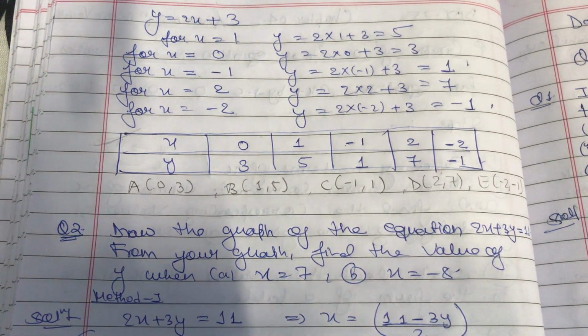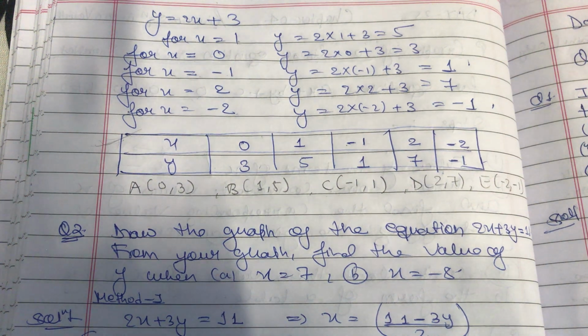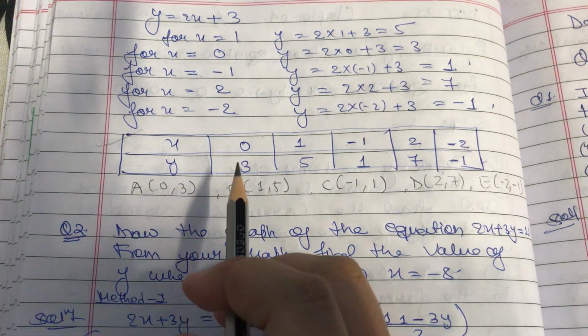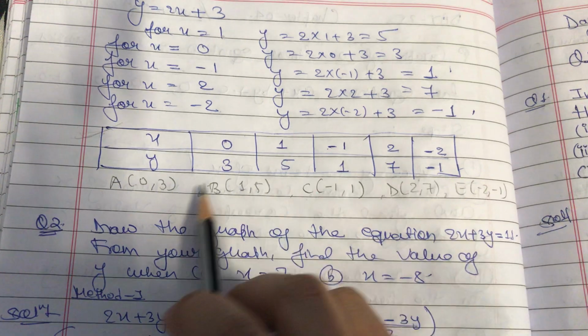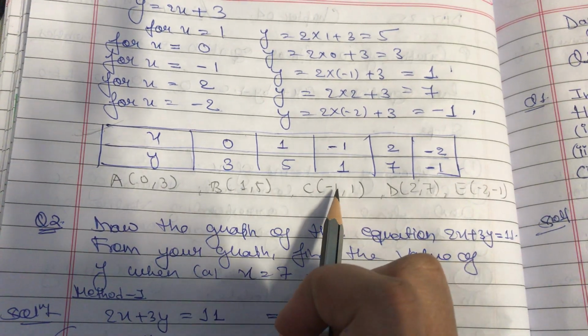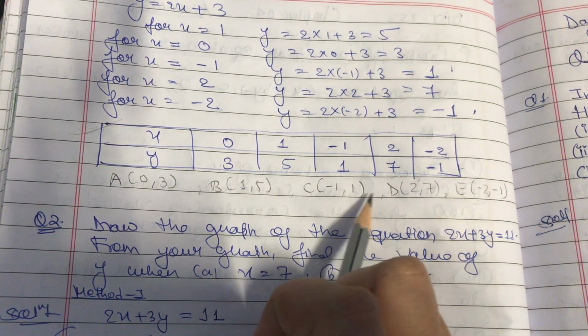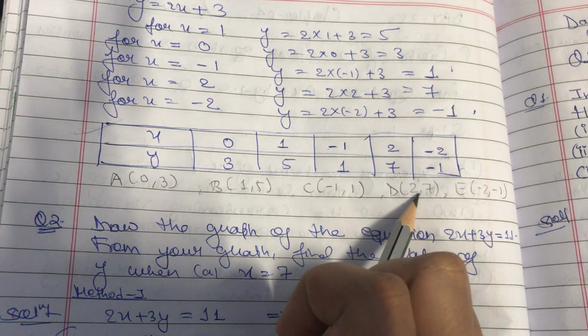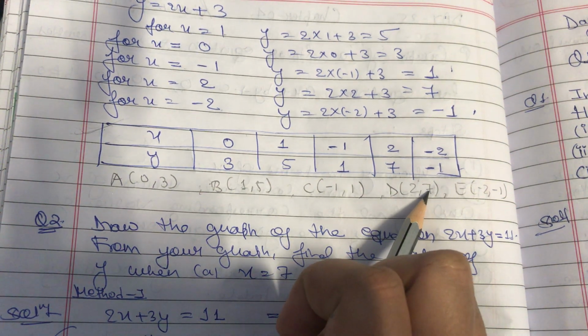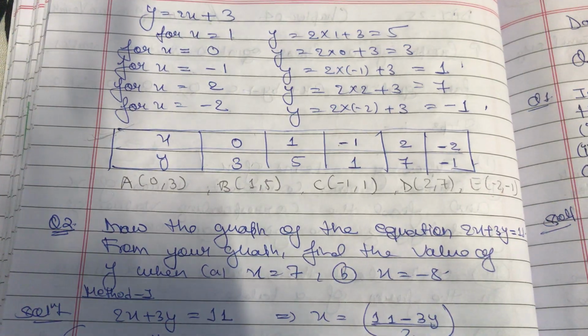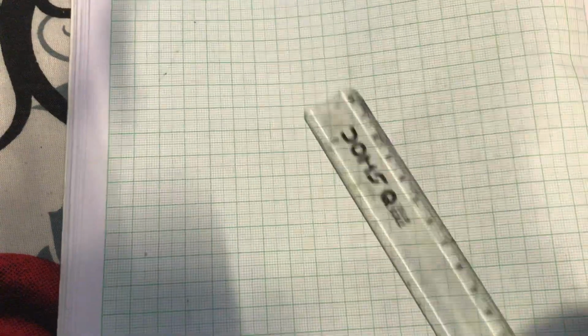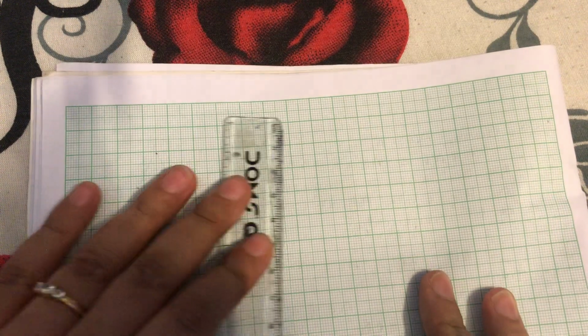Now we have to represent all the given points on the graph sheet. Now you check the range of x and y. The x is starting from minus 2 and ending at 2. And the y is going till 7, right? So likewise we have to plot. So this is my graph sheet, as you can see here. So first of all, I'll draw a point.